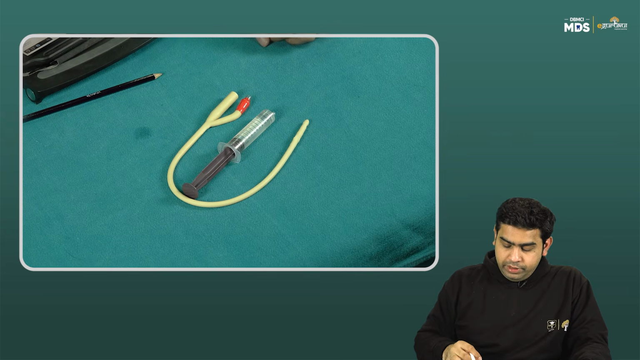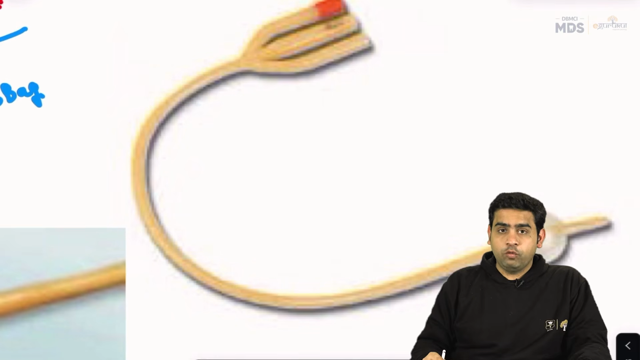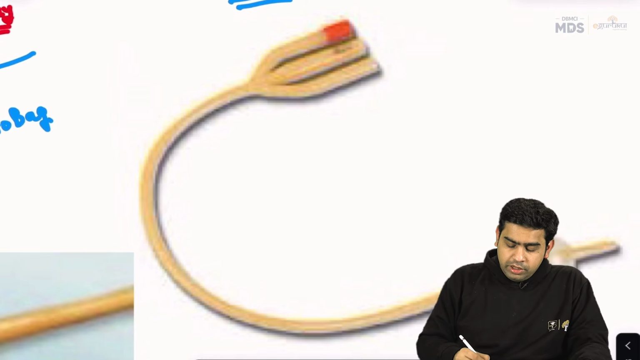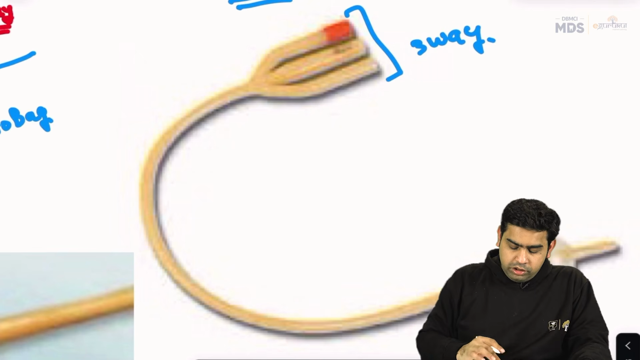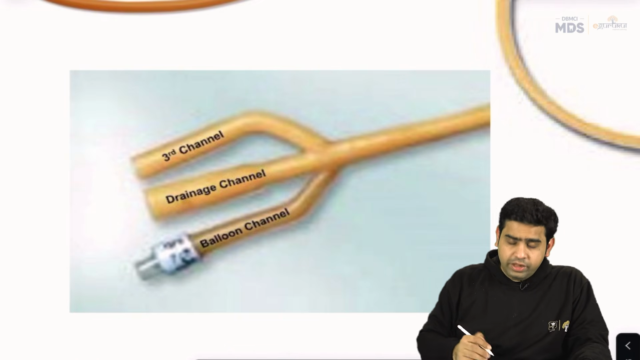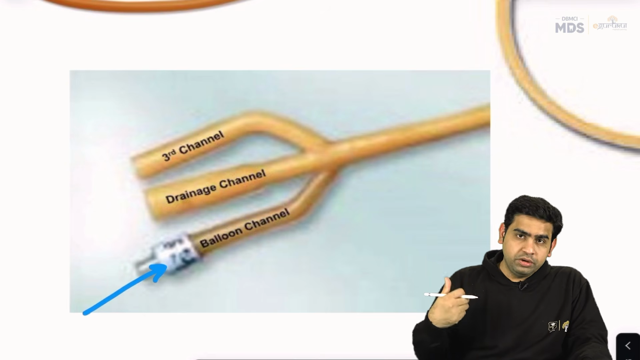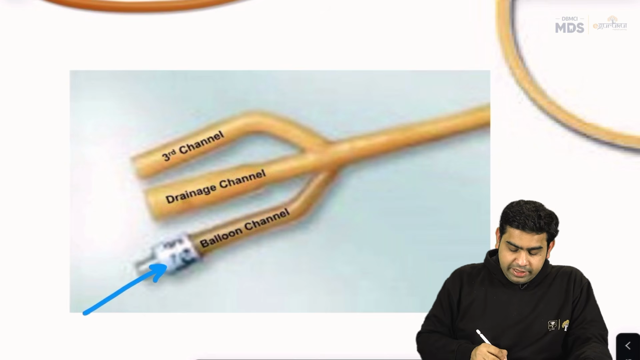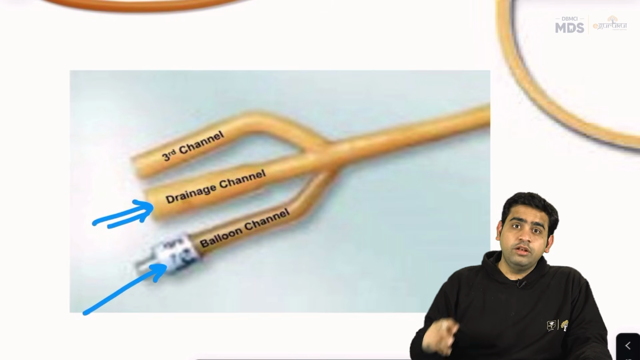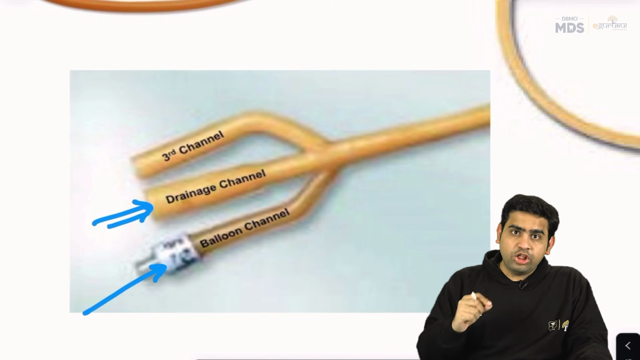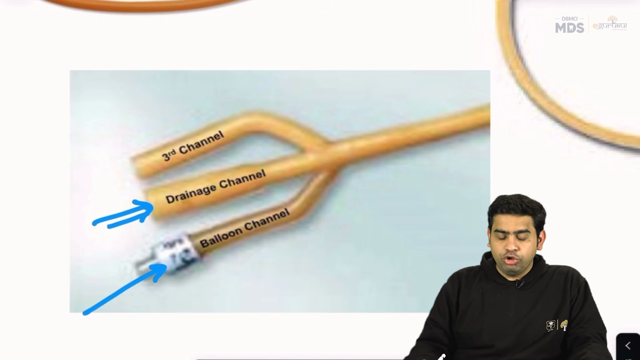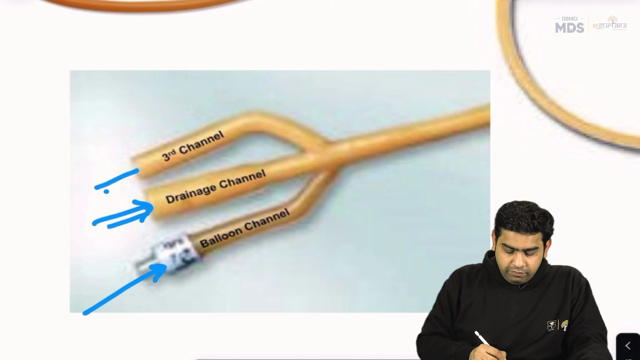Perfect. Now, focus on your screen. What are you basically seeing on your screen? This is a three-way Foley's catheter. In the three-way Foley's catheter, you have 3 channels. One is the balloon channel, which we just saw, which I demonstrated that you can put distilled water through. Then I talked to you about the drain channel, where you can attach the Urobag. I'll attach the Urobag and I'll show it to you in some time. And then the third one is the